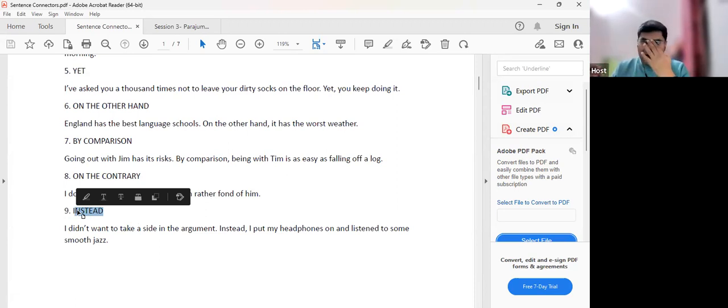So I will not go to Delhi next weekend. Instead, I'm planning to travel to the city on the last day of the month. Something like this. So instead means what? There is one negative, one positive. Negative preferably first and positive later on. So very important. Now let's see if there is a similar question.